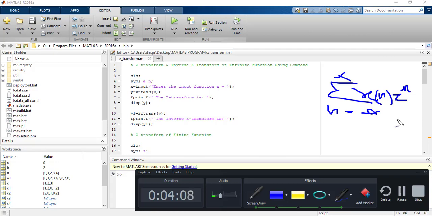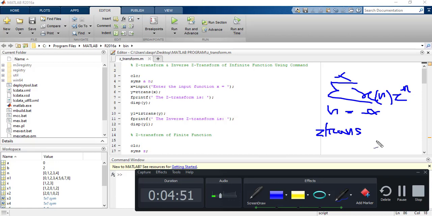Now suppose you are asked that you cannot use this formula. Is it possible to perform Z transform? Yes. Without using this definition we can perform the Z transform in MATLAB by using a direct command. Which is that direct command? The command used to perform Z transform is ztrans, Z T R A N S. The ztrans command is all written in small letters, mind it. This ztrans command is basically used to perform Z transform in MATLAB.